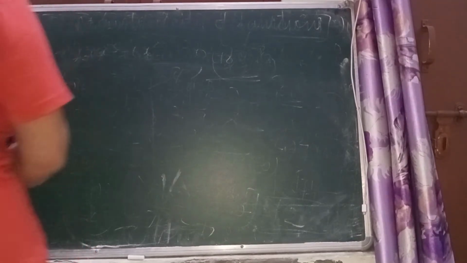In our last class we studied monotonicity of a function, that means where the value of the function was increasing and decreasing. Today we are studying how to find the intervals in which a function is increasing or decreasing. We may be given a function and we have to find the intervals in which its value increases or decreases. So here I am giving you one or two examples of that.